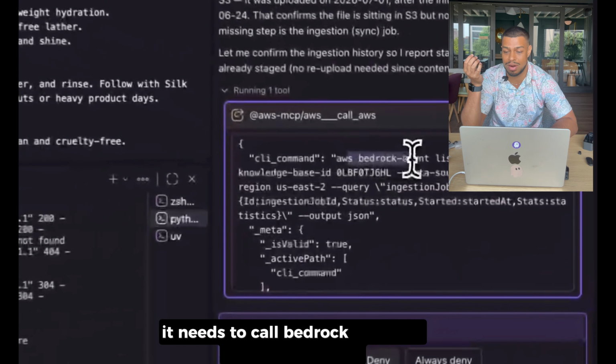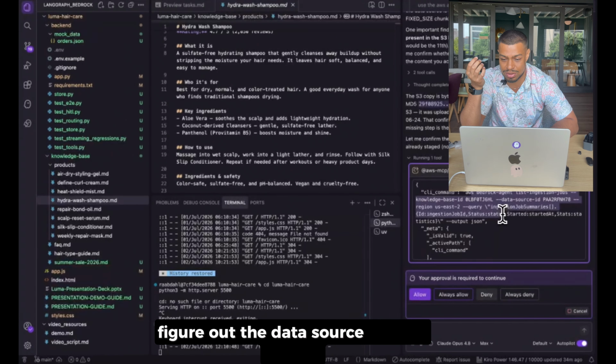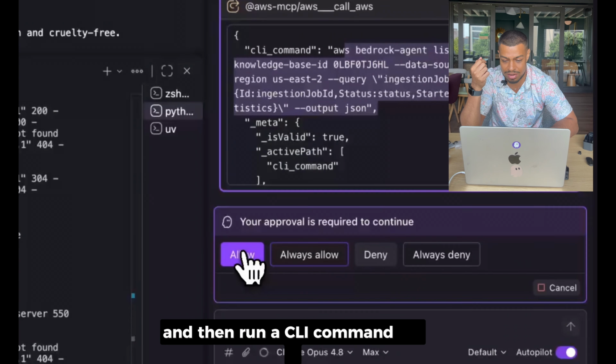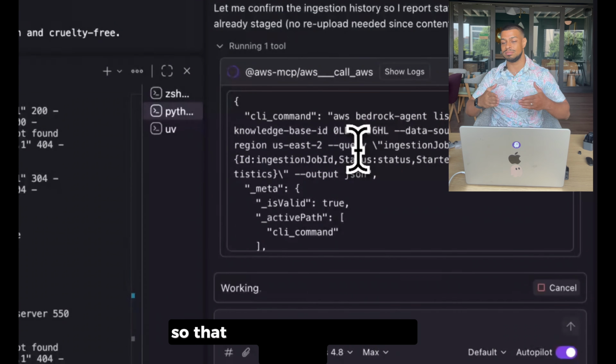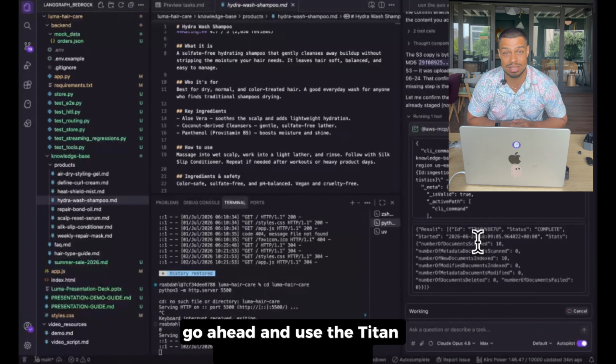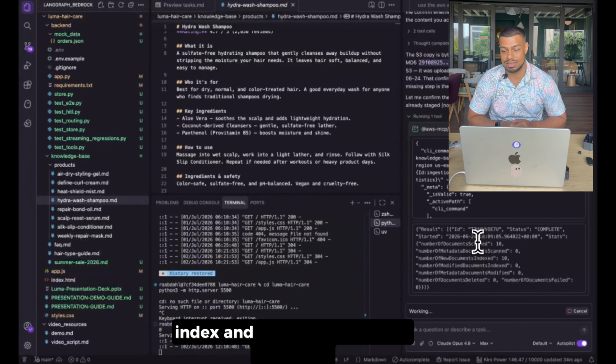It needs to call Bedrock agent to list ingestion jobs and then figure out the data source for that bucket, which is that S3 bucket, and then run a CLI command on it so that the Bedrock agent can actually go ahead and use the Titan embedding models to create a vector index and make it so that it's queryable